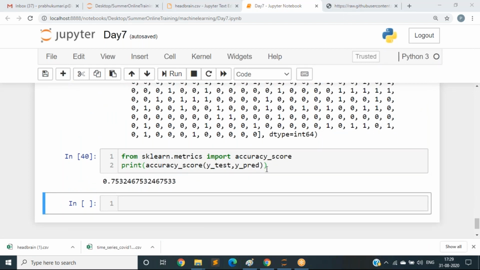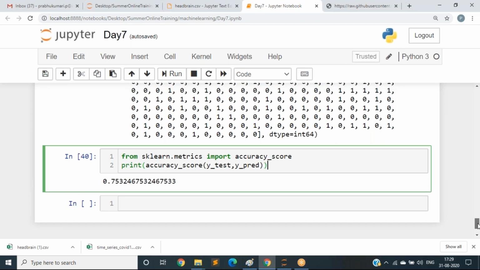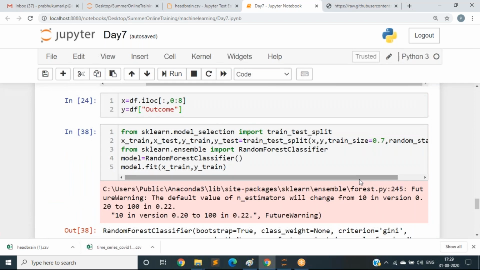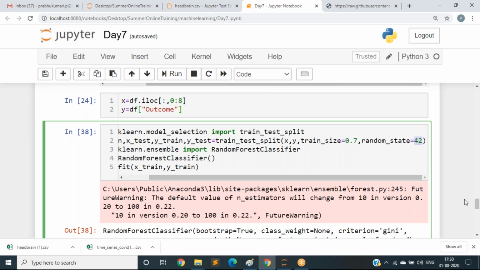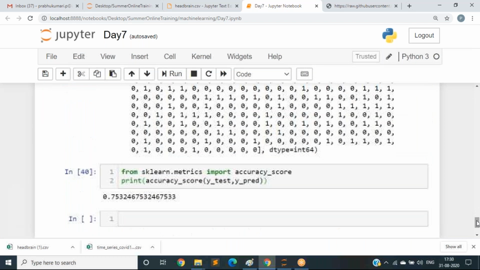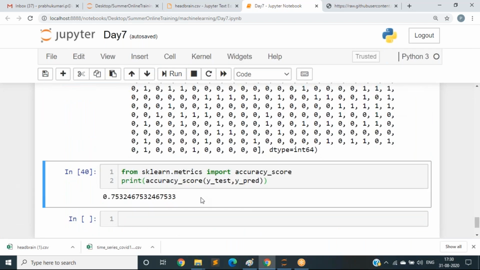I have changed my random state with some random values, and if I give 42 again, it is not giving the accuracy which it gave me previously. Why? You may think for 42 this will be the accuracy, for 25 this will be the accuracy. Not so. By changing the value, your training and testing data is changing.